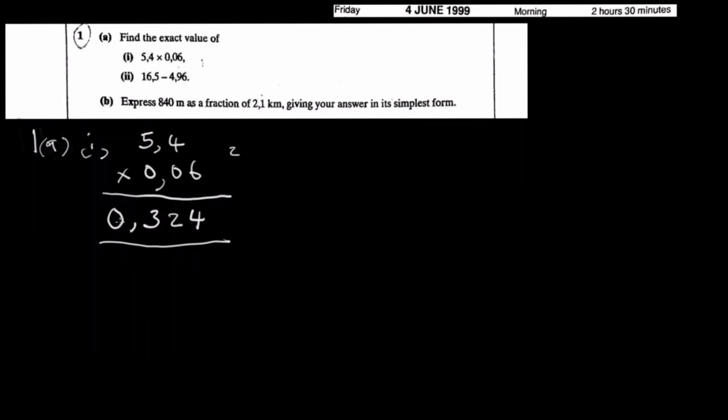What are the key takeaways from this question? Firstly, we should know how to successfully multiply decimal numbers. Having multiplied correctly, we should also know that we should count the number of decimal places. What are decimal places? Decimal places are places which appear after the comma. So we have this comma and this comma.